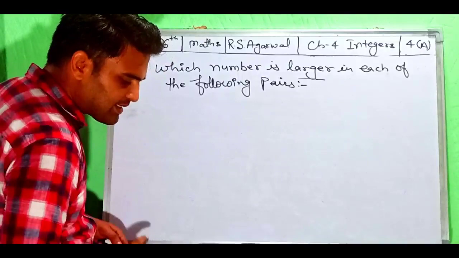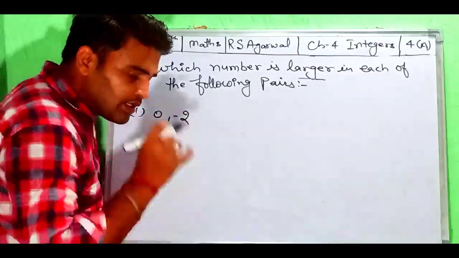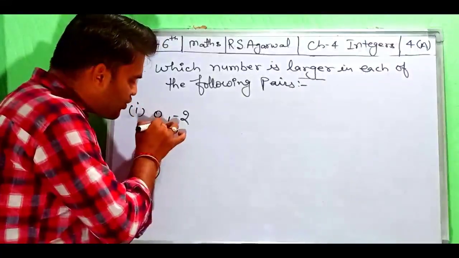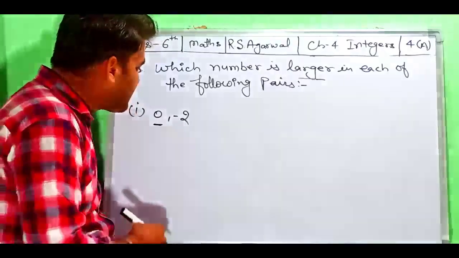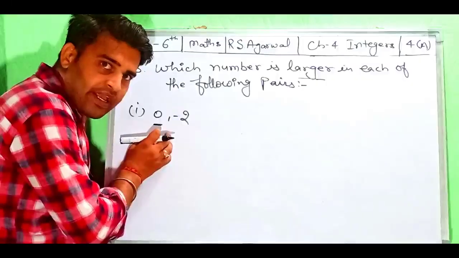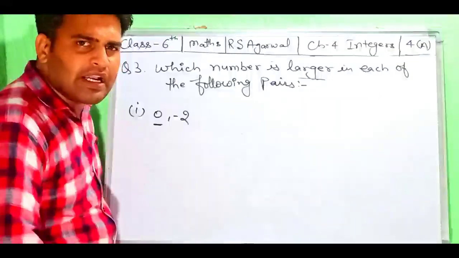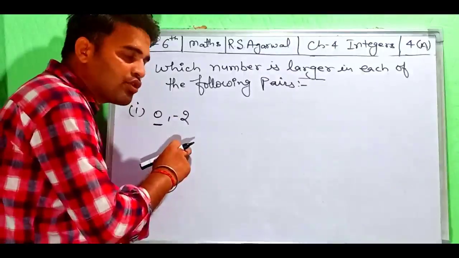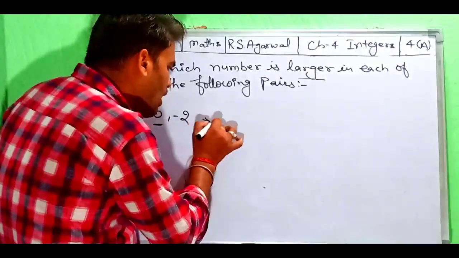What is the first question saying? The first question is 0 and minus 2. Now look, student, we are talking about 0 and minus 2. I have told you a few seconds before that if one number in the pair is 0 and the other number is anything, it doesn't matter whether it is negative or positive, we just have to think that if there is any negative number, it means always